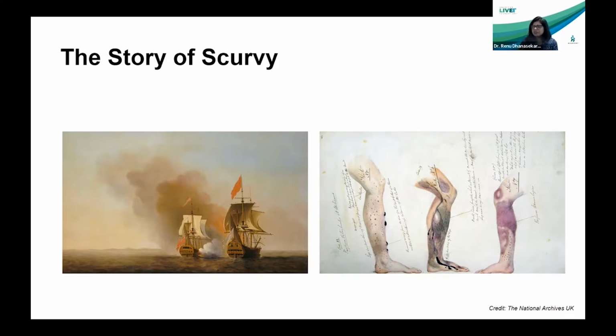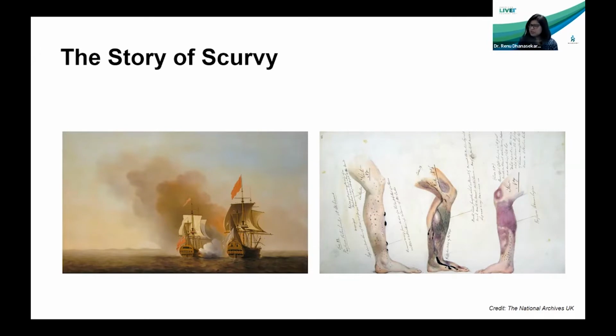And there were so many factors that could have possibly led to this. To tease this out, he recruited 12 sailors and divided them into 6 groups. Each group had 2 sailors. His hypothesis was that this was coming from a deficiency of some kind of acid. So he gave different kinds of acid, including sulfuric acid, to each of these 6 groups. One of the groups just got salt, seawater. One of the groups got ascorbic acid, which is in lemons and oranges. They did not know that it was vitamin C, but they knew it could be ascorbic acid. So two of the sailors got lemons and oranges.